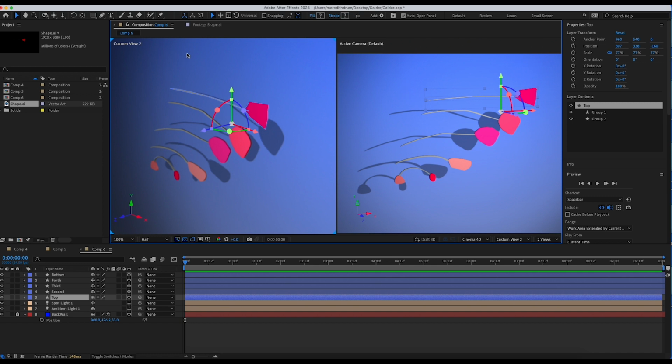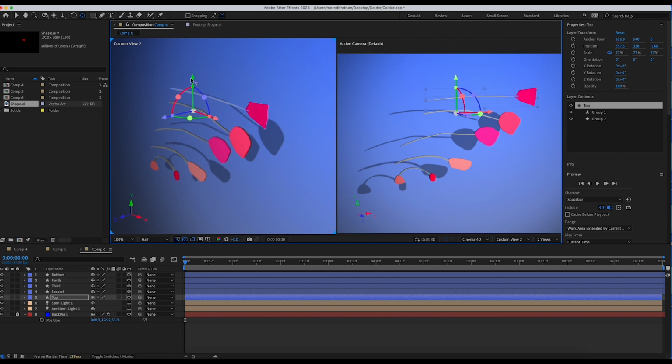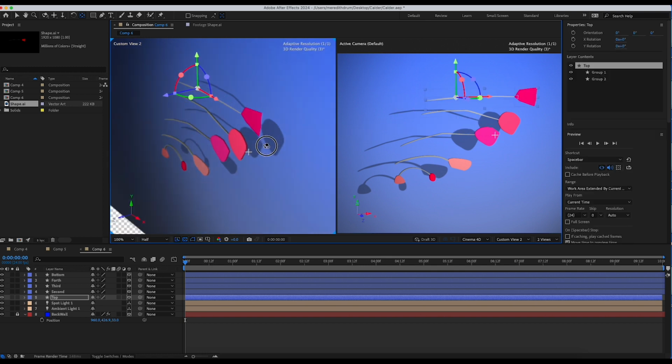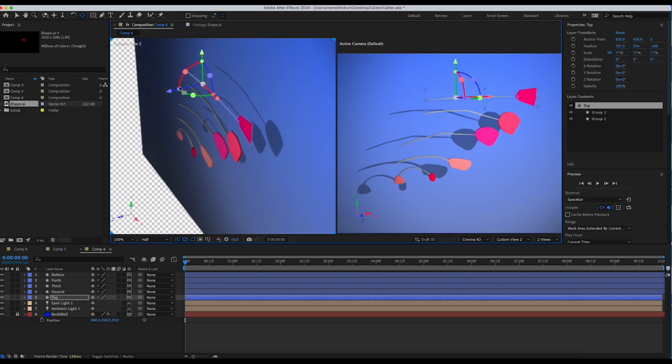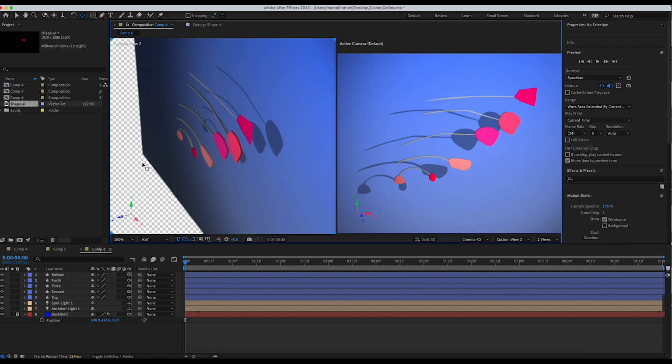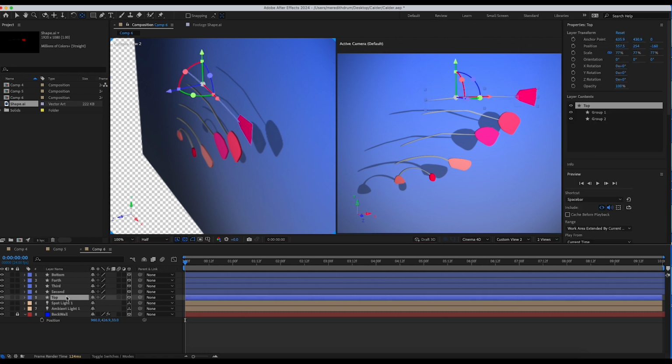So I'm going to move the pivot point. The way to do that is to use this tool right here. So move your mouse up with your left mouse and click on it. And then you're going to move that pivot point over to where you think it should be. Oops. On that item. Okay, so again, it's that one.